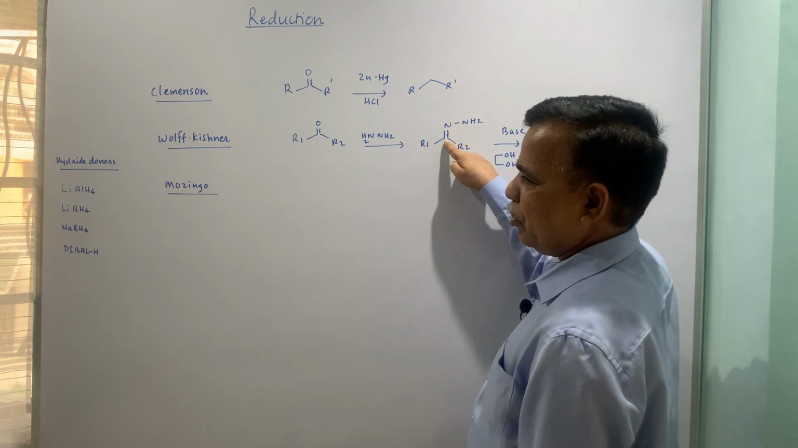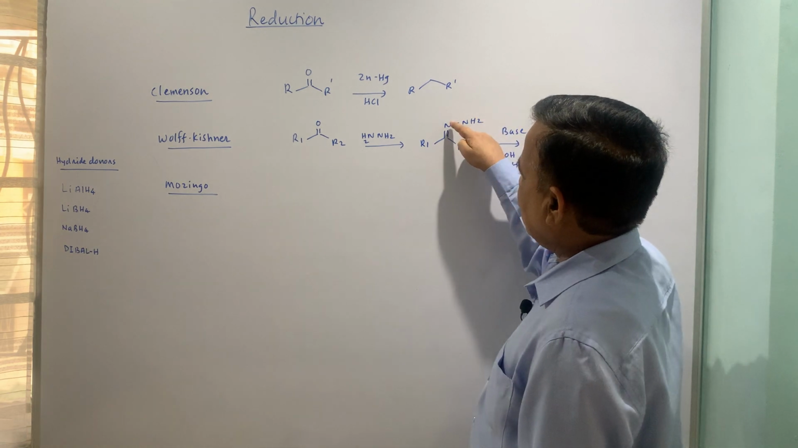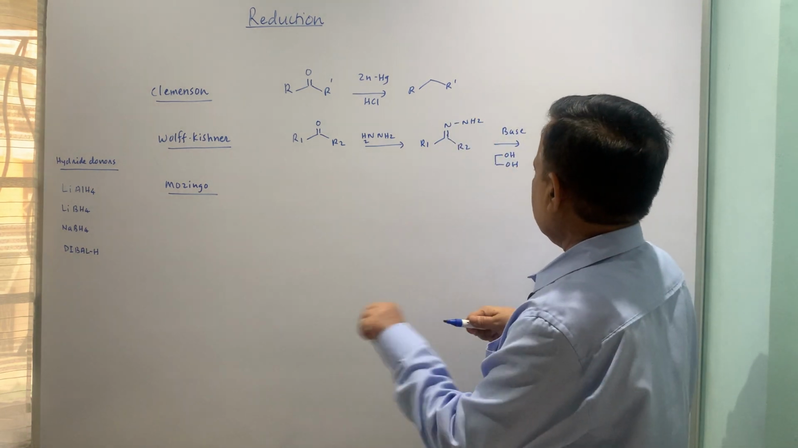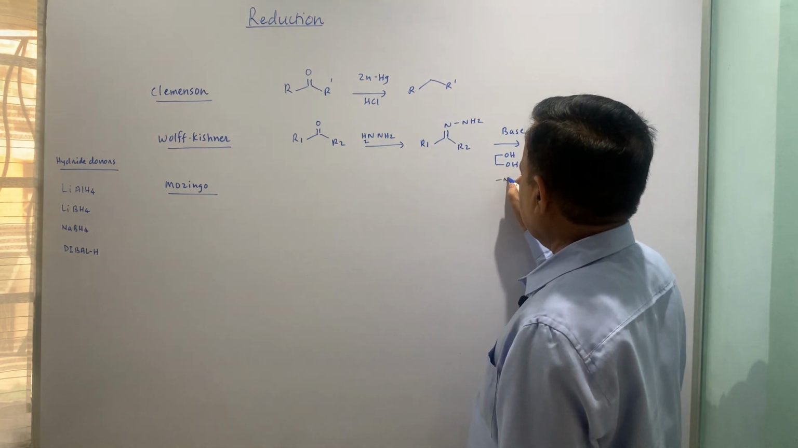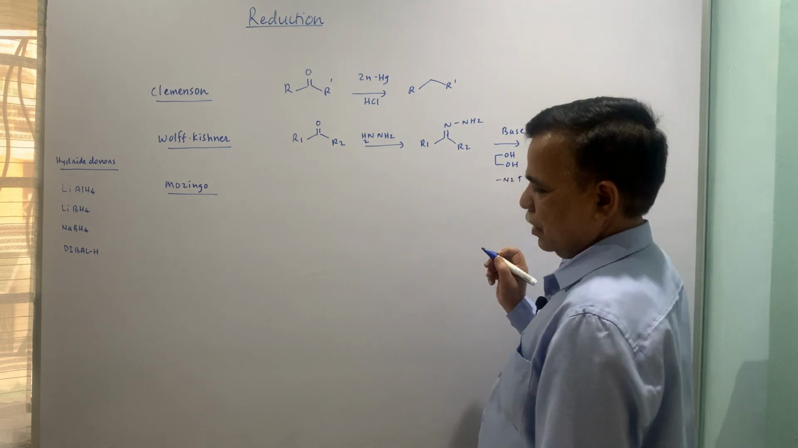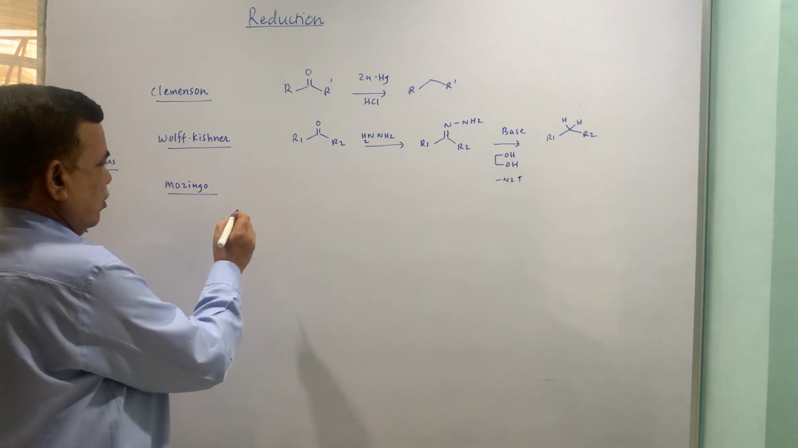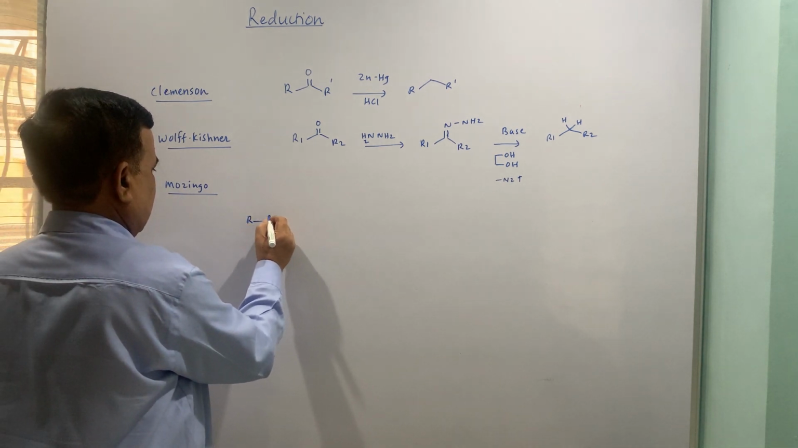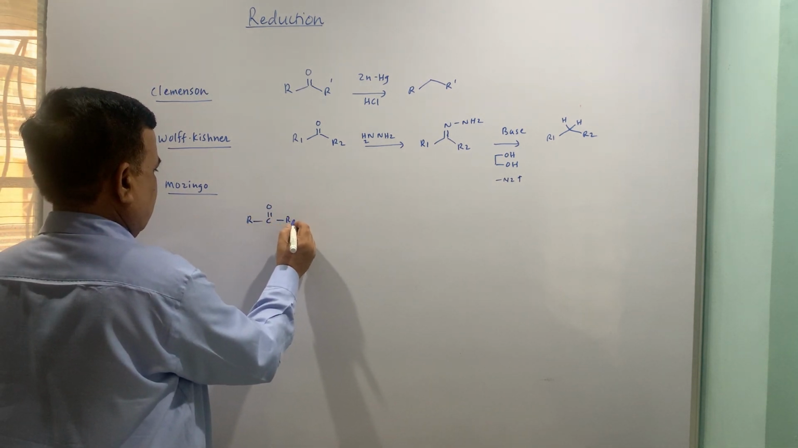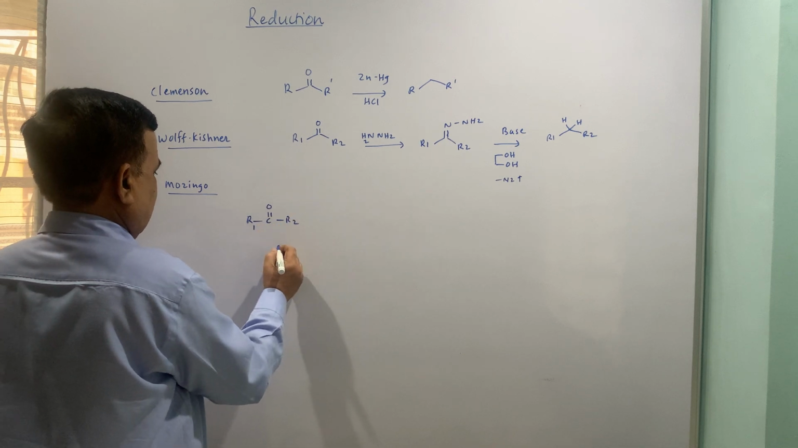So, ultimately the proton is shifted here, a second time the proton is shifted. So, loss of nitrogen, that is what you have to remember, and that is how this is obtained. The third reaction is Mozingo. Now, this reaction I will just put R1 R2 as we have said earlier, and this